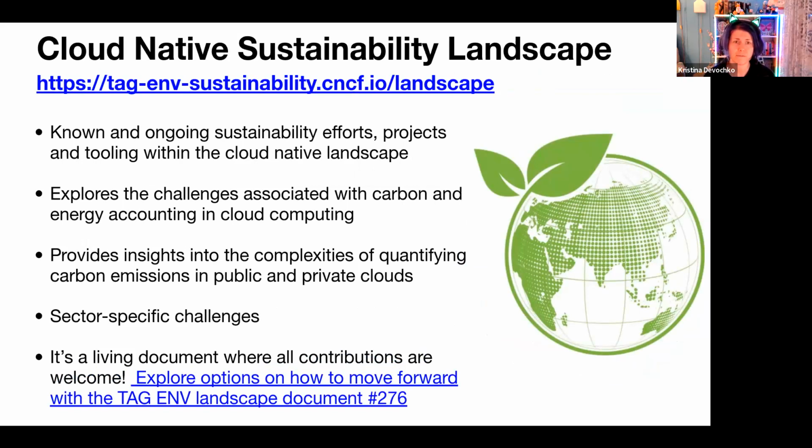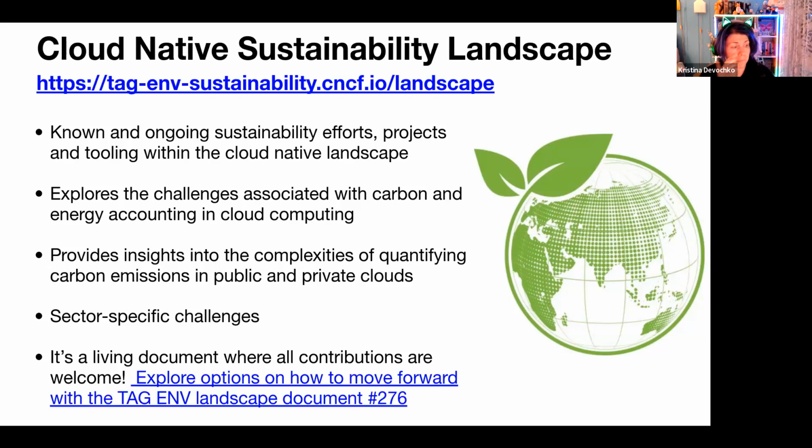This is quite an extensive document that we would like to evolve a bit further and make as useful as possible for the community to navigate the cloud native landscape, to understand the current challenges with cloud native sustainability, the different initiatives and efforts happening in this space, and what tools are already available out there, and where you could utilize those tools in order to improve, for instance, the sustainability posture in your companies or your projects.